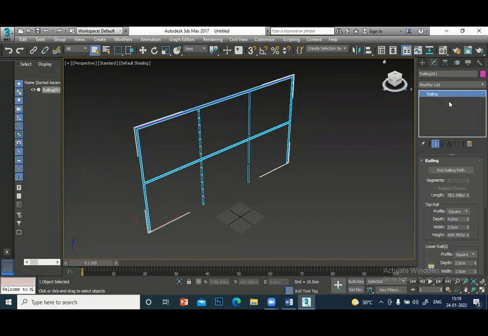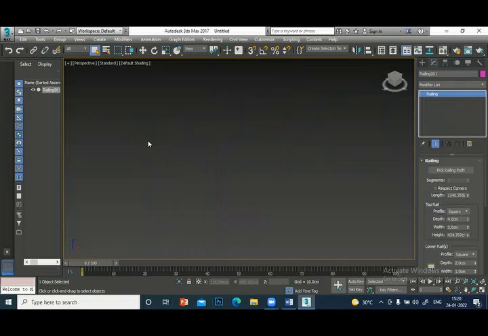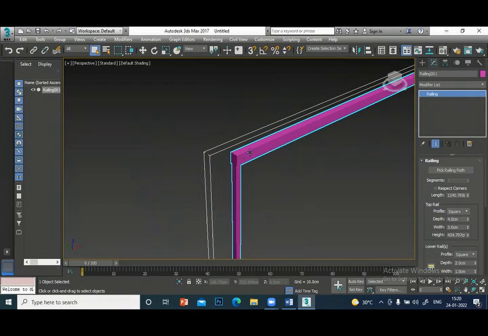You select the railing here. This is to increase the length. You can increase the length of the railing. Top rail. This is the top rail. Now it is square. You can see that it is square. Top rail is square. You can change it to round. It is round now. You can increase the diameter of that.